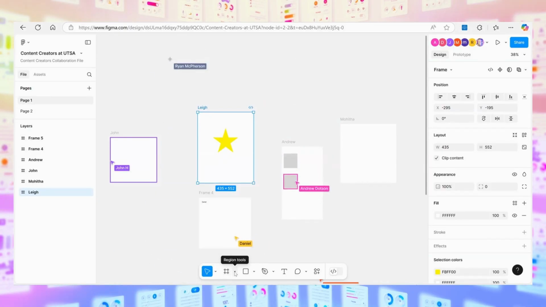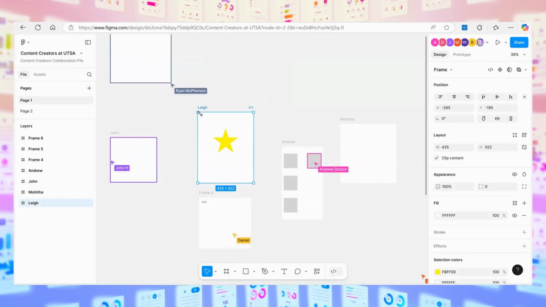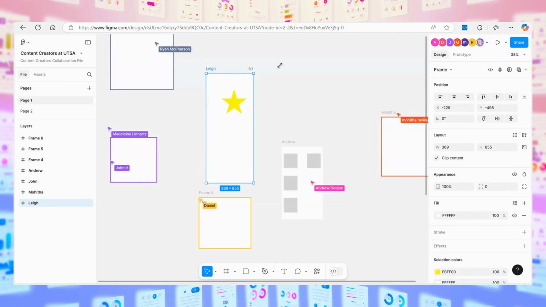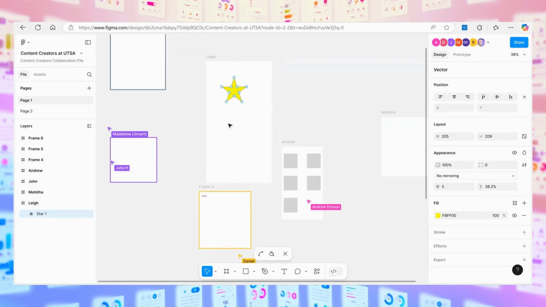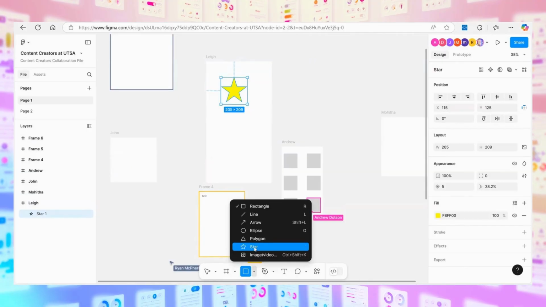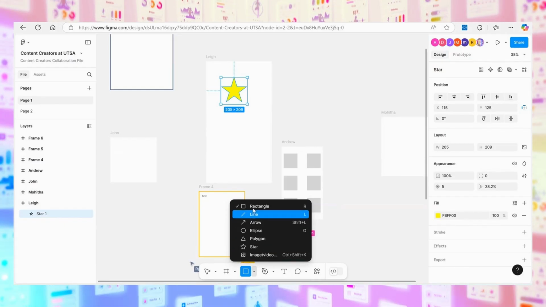Yeah, it's a region tool. So this little guy here, and if you get off of it, all you have to do is click your name then, and you can make it a little bigger. So I can do that to try to show more. I made this little star by clicking this little thing here. You can make any shape you want within it, and you can even make a shape to put an image or a video in it.